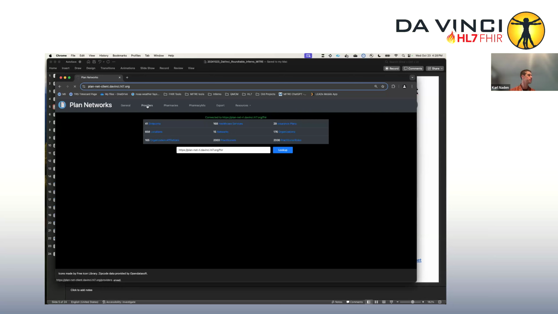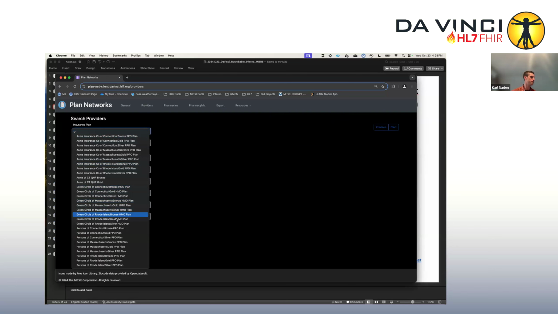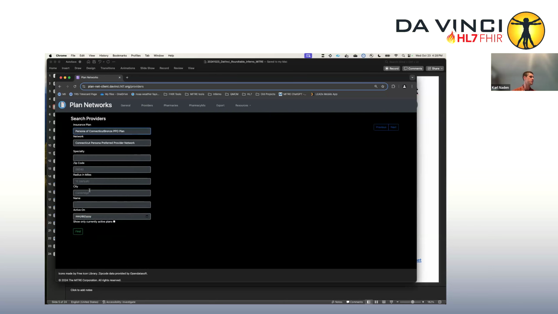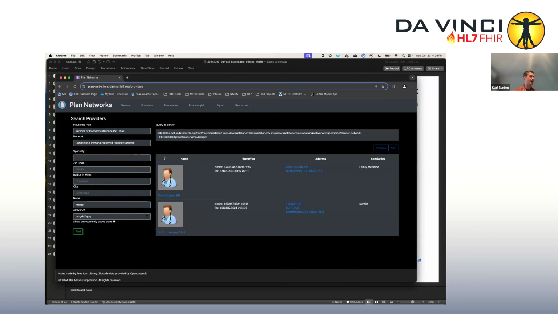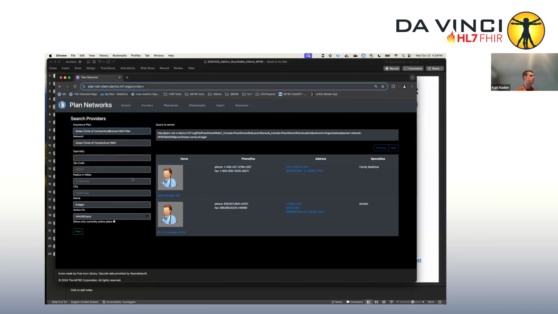And it's thinking here. If it doesn't come up in a minute, oh, there it goes. And I can search for providers. So let's say that I'm currently using the persona of Connecticut's, and I have a primary care physician, Dr. Krieger, and I can see that that doctor is covered by my current plan, but I could do something like change this to another plan by Green Circle, another fake payer, and do this search again,